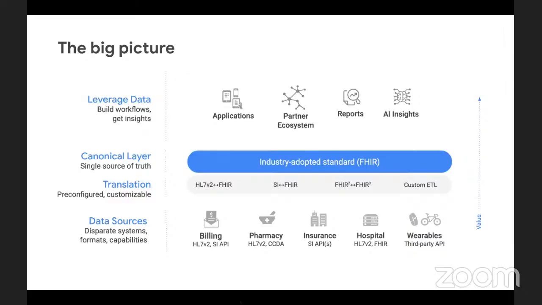So there might be a billing system, there might be an insurance system, there might be a hospital giving you data, or a retail pharmacy like CVS, Walgreens, or your Fitbit might be generating data. So all that data at the bottom is coming at different times, has different formats, it has different values, but